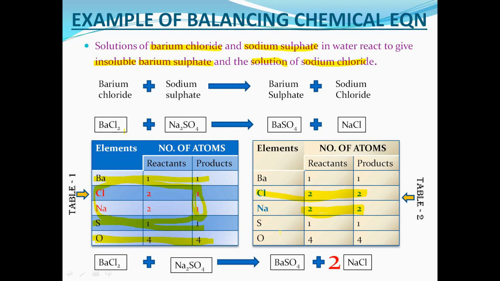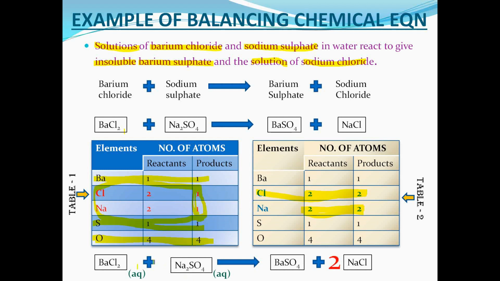Now my last point in discussing the balancing of chemical equations was making the chemical equation more informative. How can we make it more informative? Here I have told that the solution of the various compounds in water can also be termed as the aqueous solution. So in subscript, we will write BaCl2 aqueous. It is its state. Then next, sodium sulfate is also a solution in water. Here we will again write aqueous.